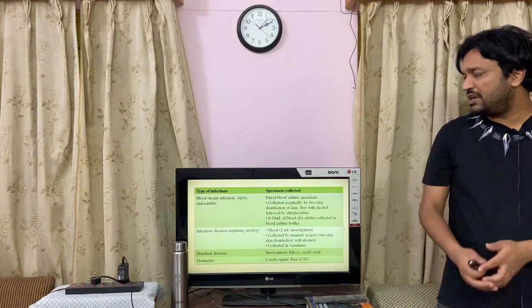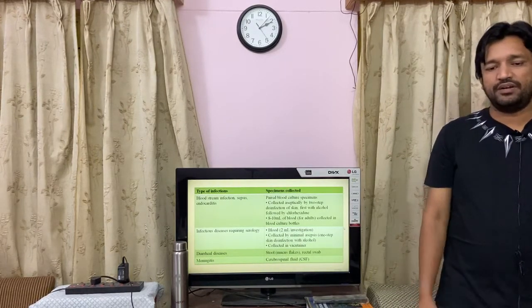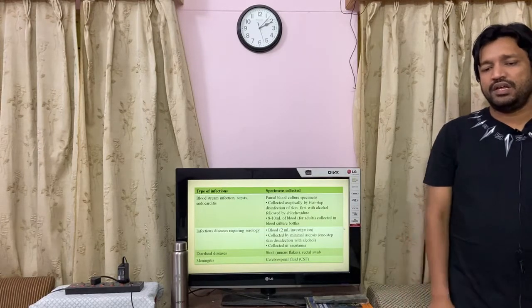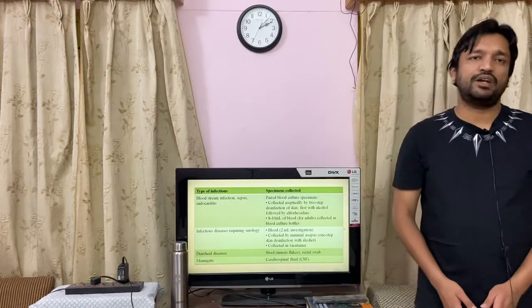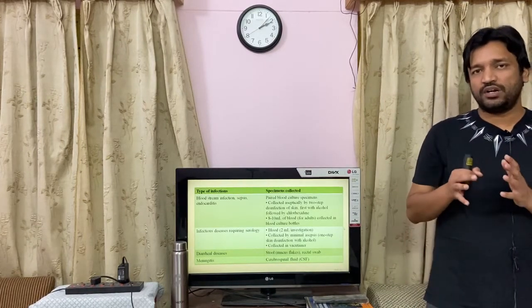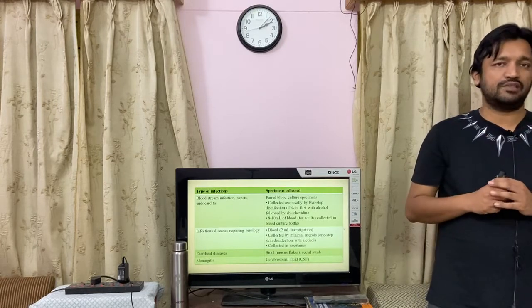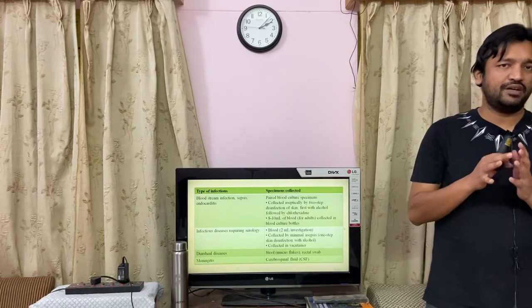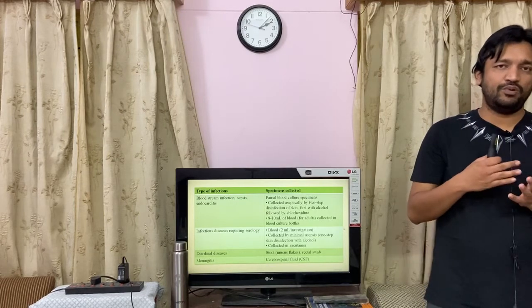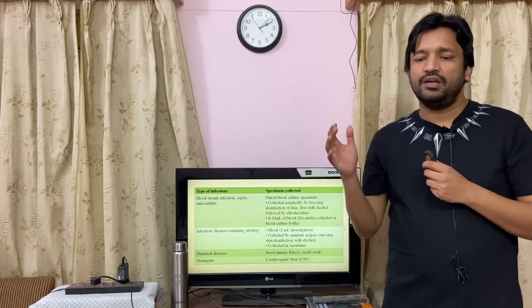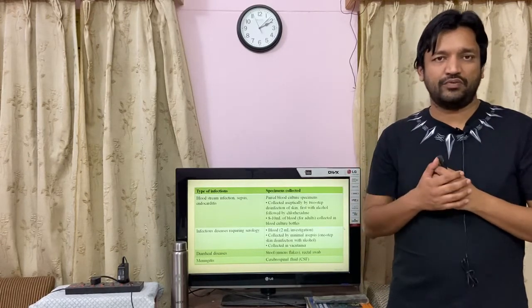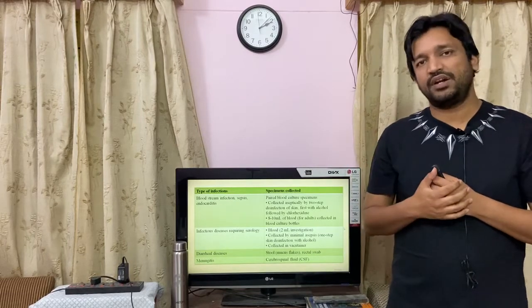So in various types of infections, various specimen can be collected. For example, in case of bloodstream infections, sepsis, endocarditis, we can collect paired blood culture specimen. For these, blood culture bottles have to be sourced from the microbiology laboratory, and appropriate quantity of blood is to be added to these bottles. The dilution of blood ranges anywhere from 1:5 to 1:10. So 8 to 10 ml of blood is collected in case of adults and is transferred to these blood culture bottles.